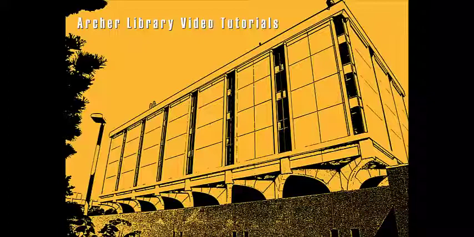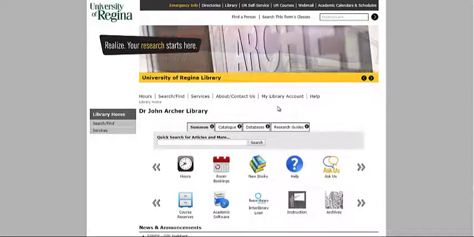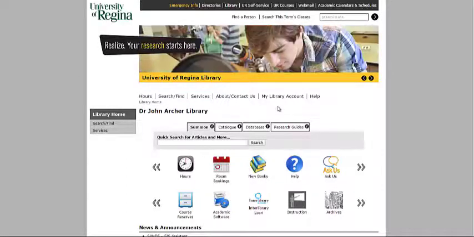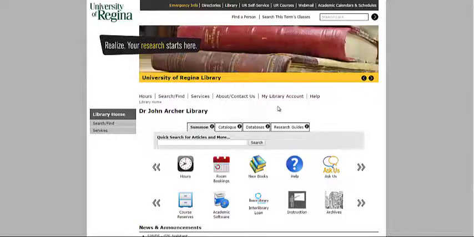In this tutorial, you will learn how to navigate and conduct searches in the Academic Search Complete database. Academic Search Complete is a large multidisciplinary database with more than 5,500 journals. This database contains content going all the way back to 1887 and up to the current date. There are a variety of different topics covered, including biology, chemistry, engineering, general science, geography, music, women's studies, education, and